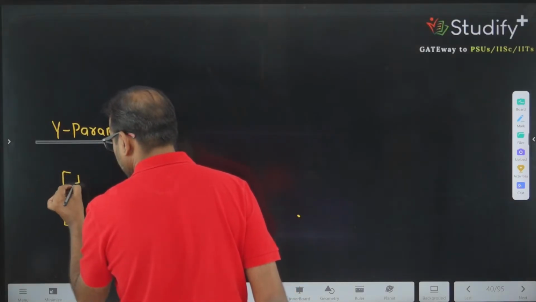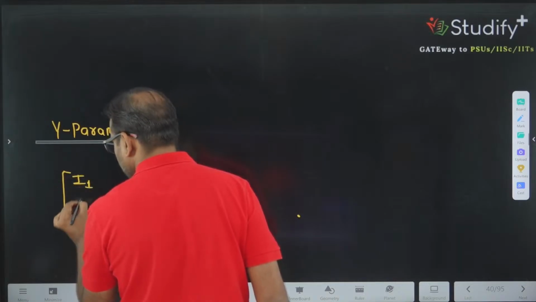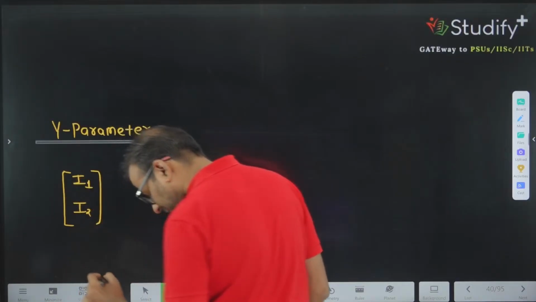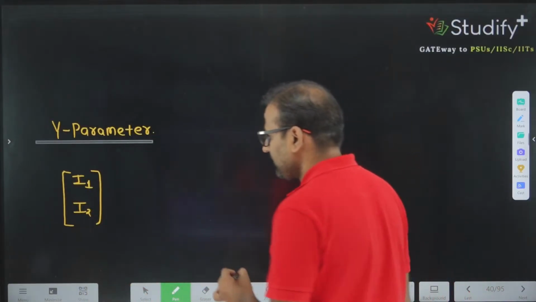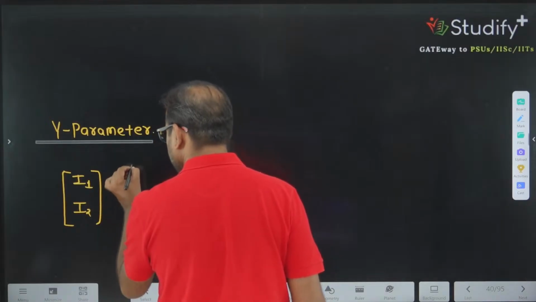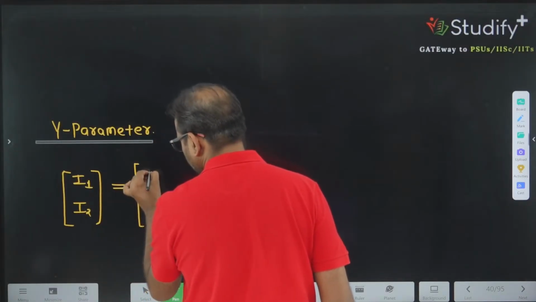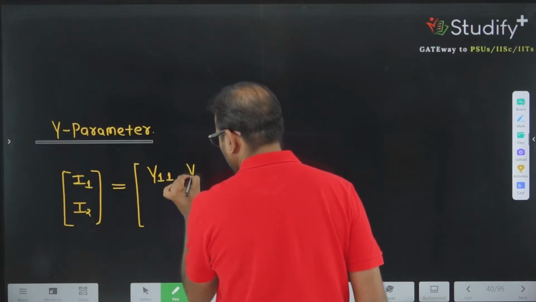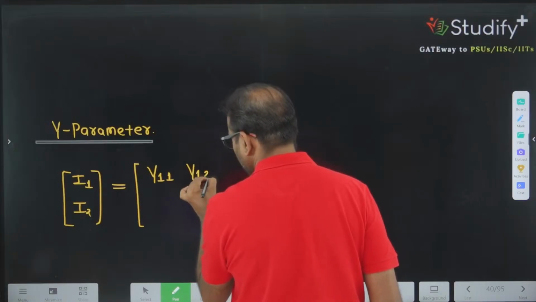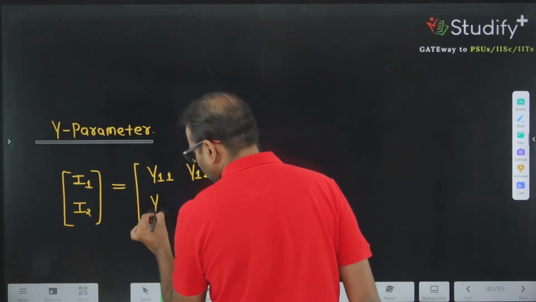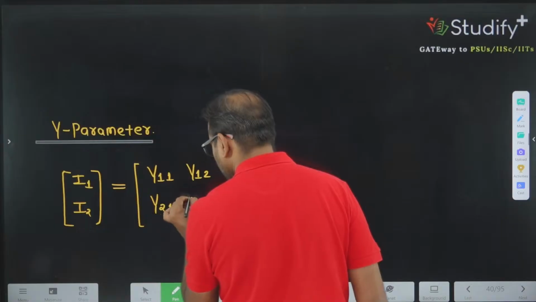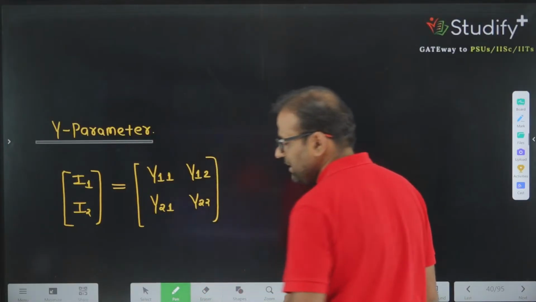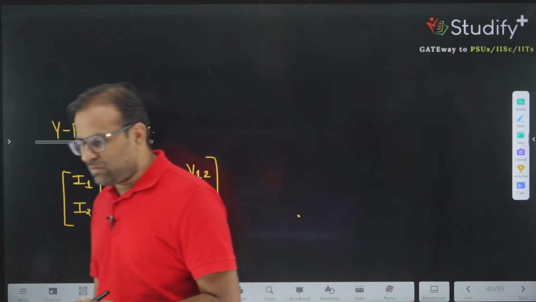This is I1, I2. These variables are represented as Y11, Y12, Y21 and Y22. What is next? And yesterday I have told you